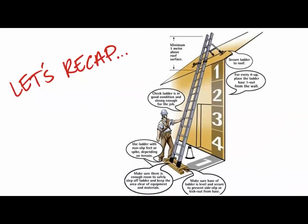So let us recap a little bit about ladders. Please ensure that you have a minimum of 900 millimetres to 1 meter above the surface that you are trying to access. Ensure that the ladder is set up at your 75-degree angle or 1:4 ratio. Make sure that you have a secure top support wherever your ladder is going to be supported. Then check that the ladder is in good condition and strong enough. Make sure that the ladder has non-slip feet, as well as that there is enough room to safely step on and off the ladder, either at the bottom or the top. And then make sure the base of the ladder is level as well as secure